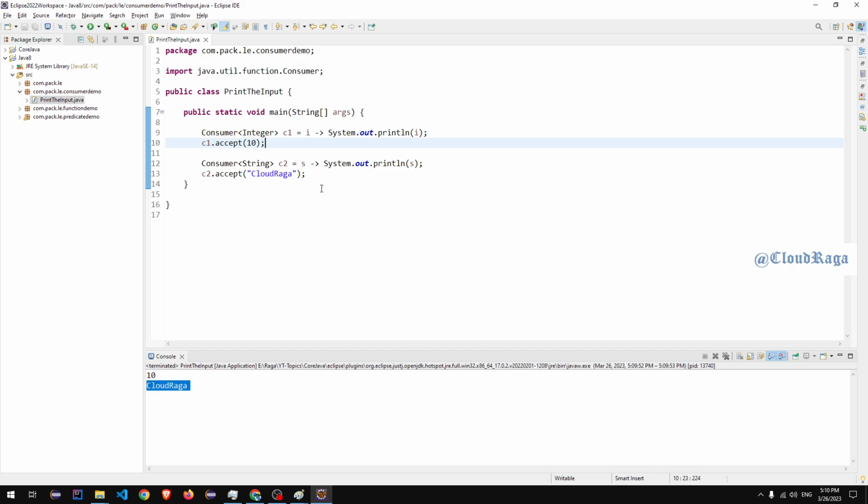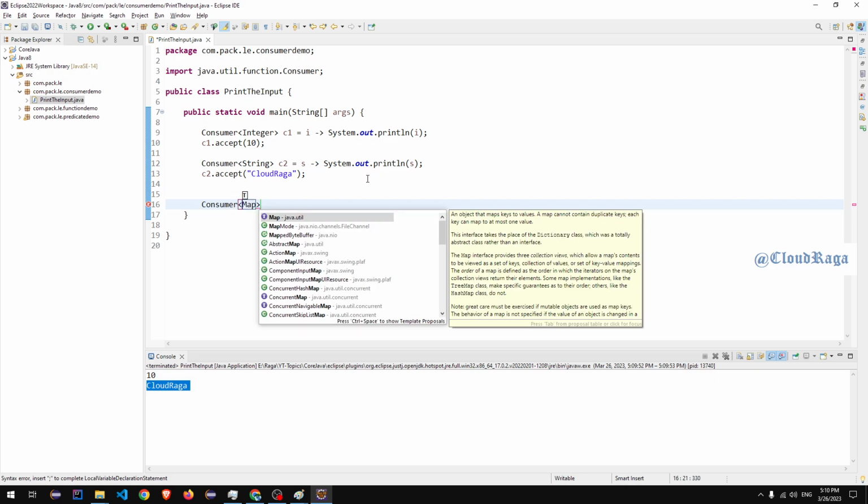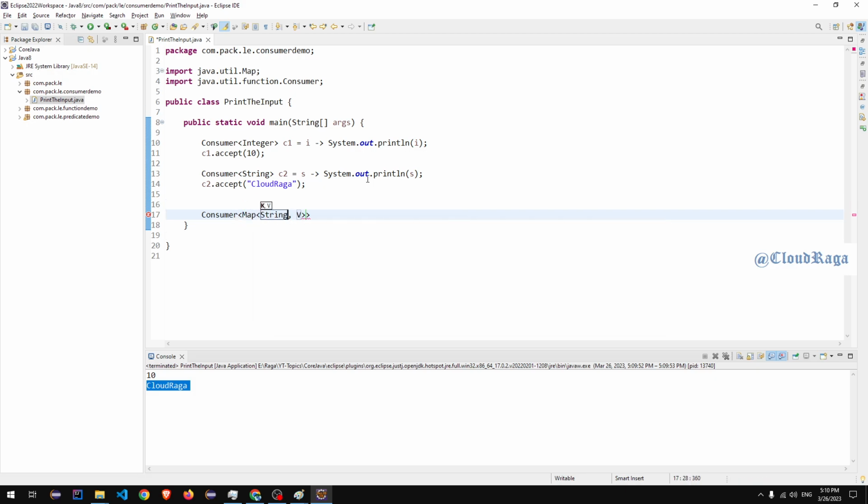I mean, that's one of the simplest implementations of consumer. So we were just printing it. Let's take it one step further. I will pass one object, and accordingly we'll do that. So what I can do, I can create one consumer, and this time it's taking map of string,